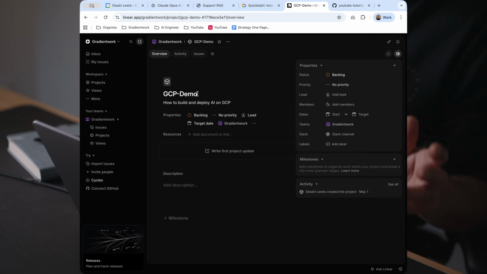So the way I'm going to do this is track all of the work we need to do in Linear. This might be a little bit of overkill here, but as you're working through a long multi-step plan, I find it really helpful to track the work in a series of tickets. That makes it very easy to see where we are in the process, not get confused and not get lost, especially if this setup takes multiple hours or multiple days. You don't want to be trying to remember things from markdown files. So the next thing we're going to do is use Codex to create all of the tickets we need to deploy the